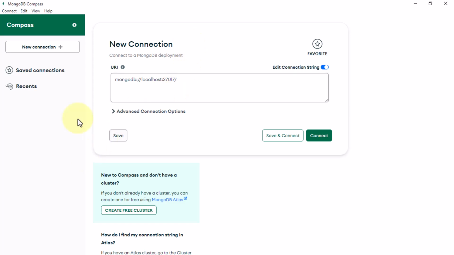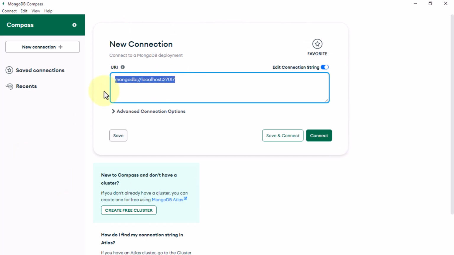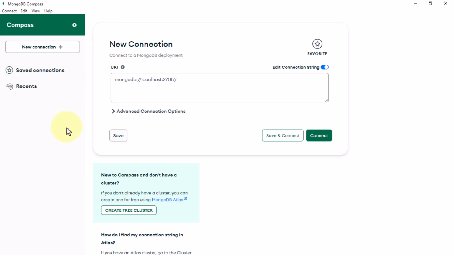Now from here we can create one new connection. That means we can connect to the MongoDB database. Either we can connect to some local MongoDB database, or we can connect to some remote MongoDB database. In the upcoming videos we're gonna see how we can connect to the MongoDB database, and also how we can create a database, create a collection, and also how we can perform CRUD operations using this graphical user